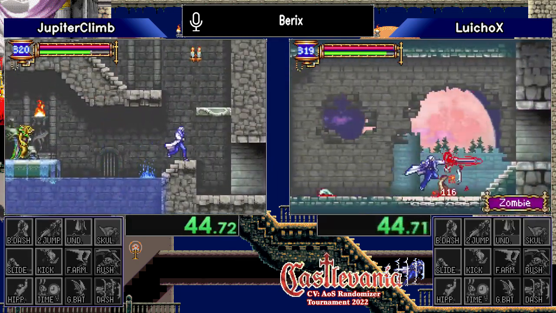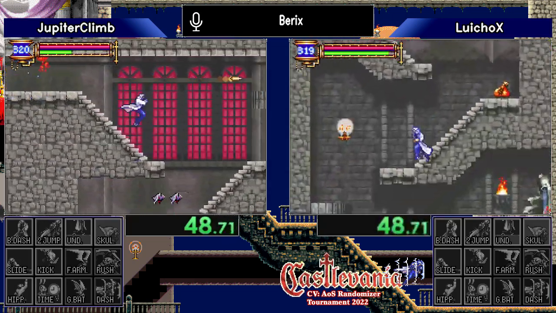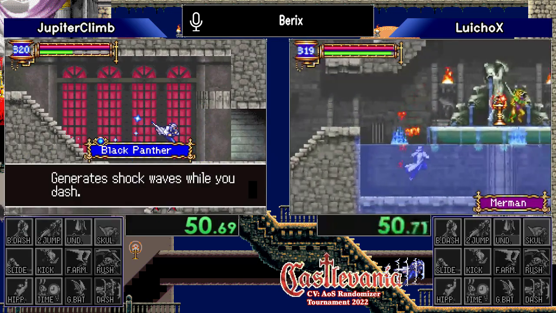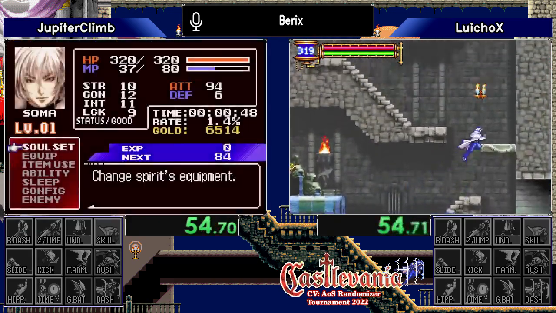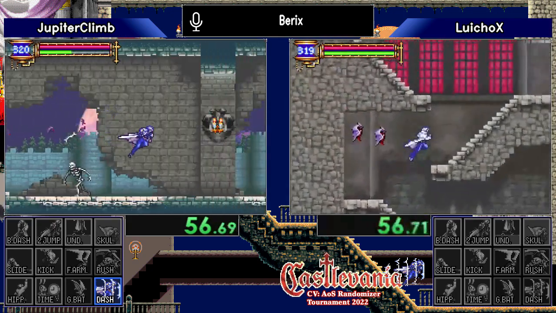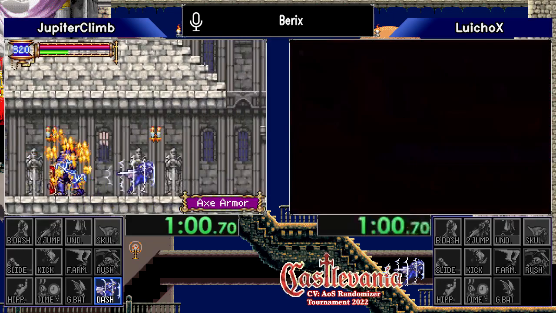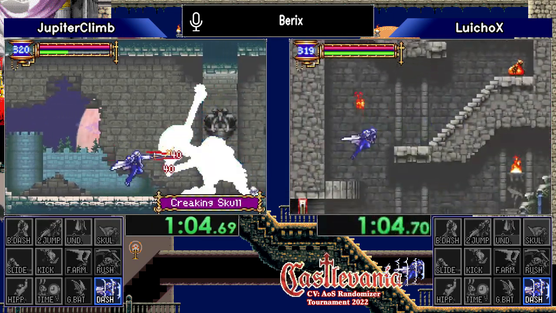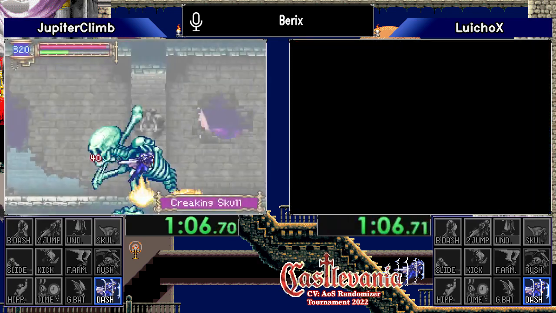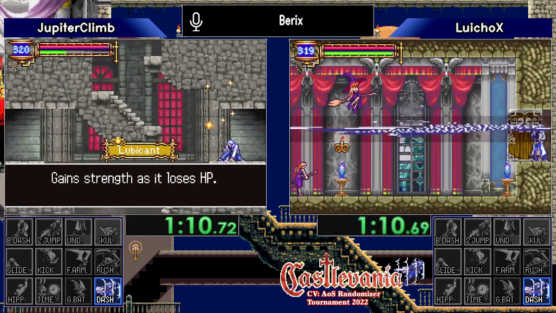Lightning Bolt for the first red. That is the second best red soul in the game. And Panther at the top of the area again. This is a very stacked seed from the start. And we're going to see the same divergence. Jupiter going right to freaking Skull, and Luicho heading left. Inner quarters for Luicho, and that...